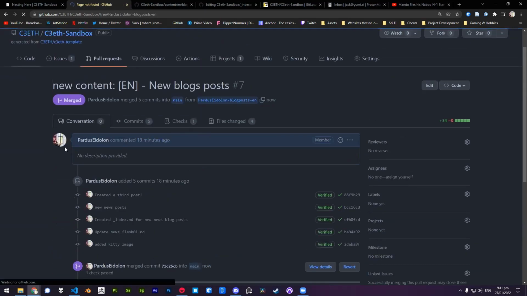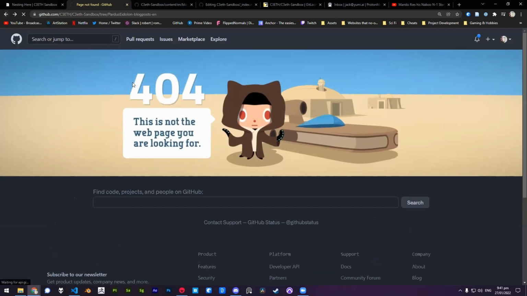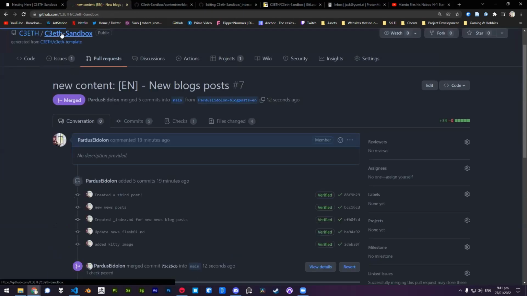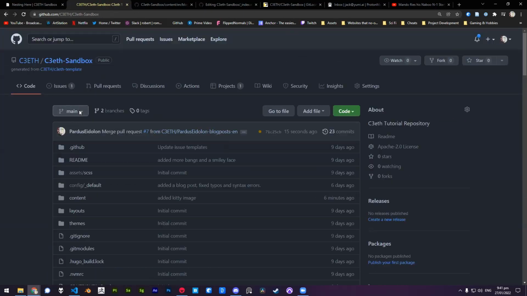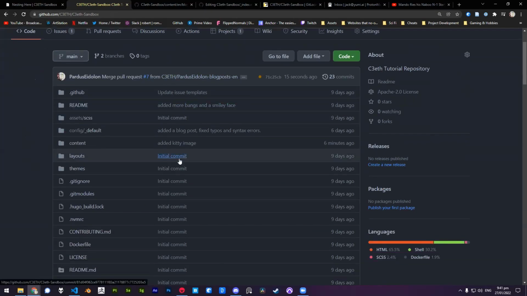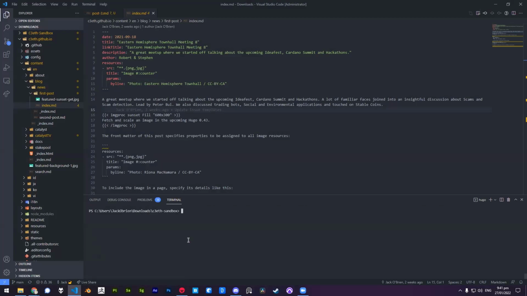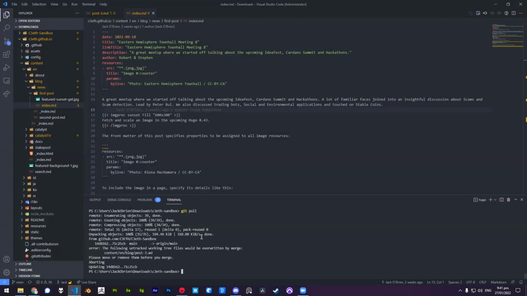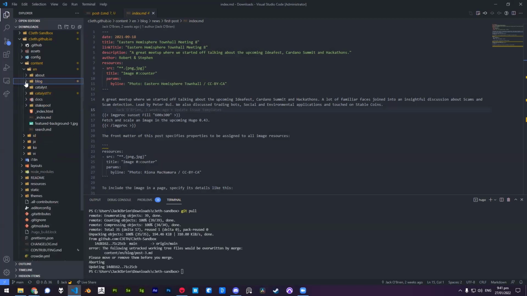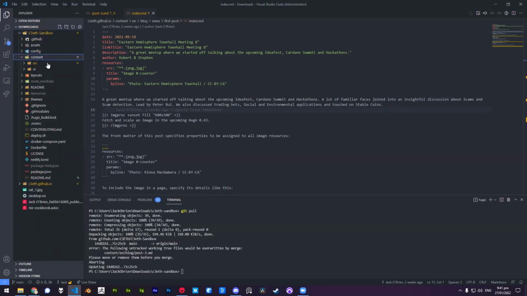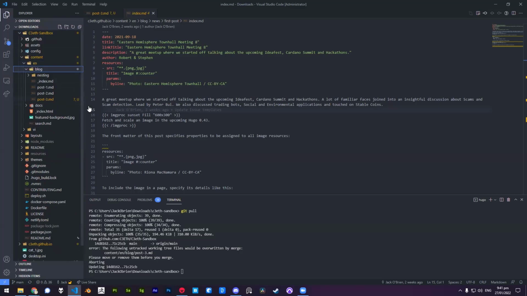And if I go into my main, C3 sandbox, cool. You see that the branch is gone and everything else has disappeared. I'm going to close the web server and do a quick git pull. You'll see that that's the wrong directory. Content, English, blog. You'll see that we now have our third post shown up